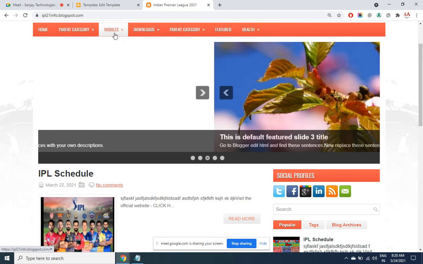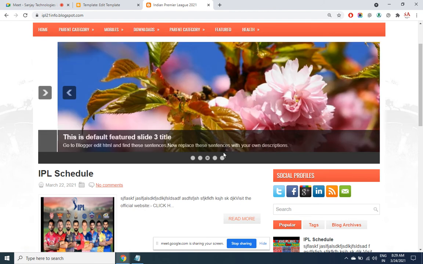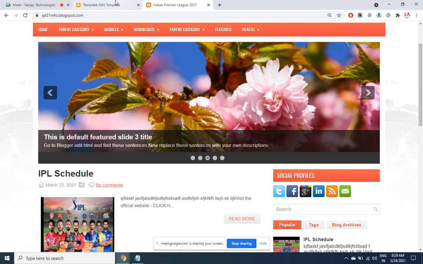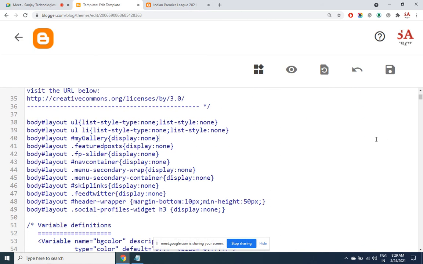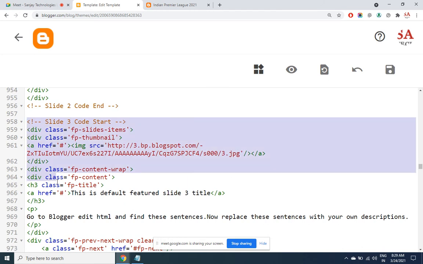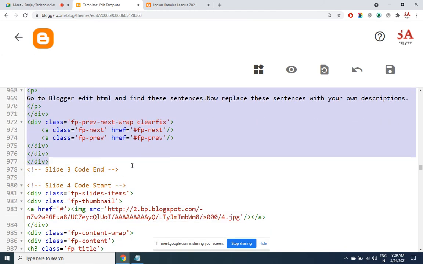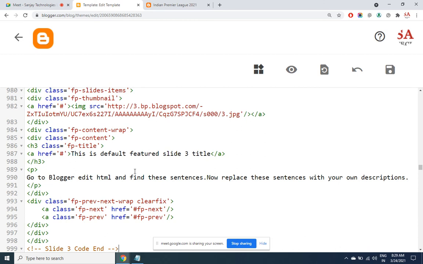You know how to change the content and how to reform the sizes. This is the way that you can work with each of the images in the slider as well as the content which is coming along. You may want to add another slide. So what can be done? Let's say slide 3. I am doing copy paste because I want another, an extra slide to be shown up. So it's written code start, code end. Copy that entire section, paste it just beneath it.